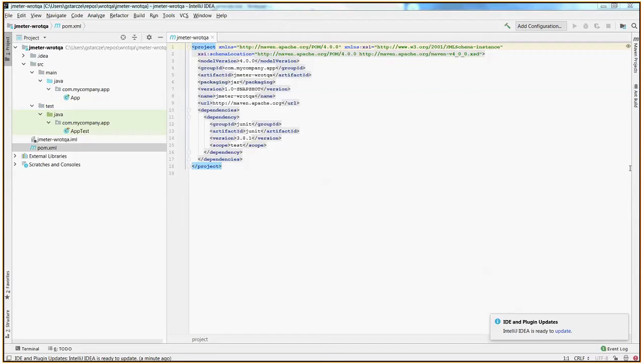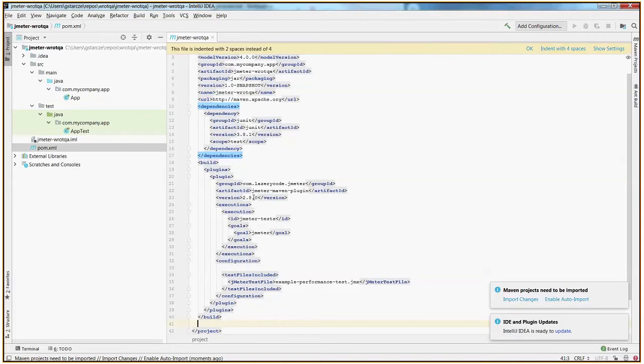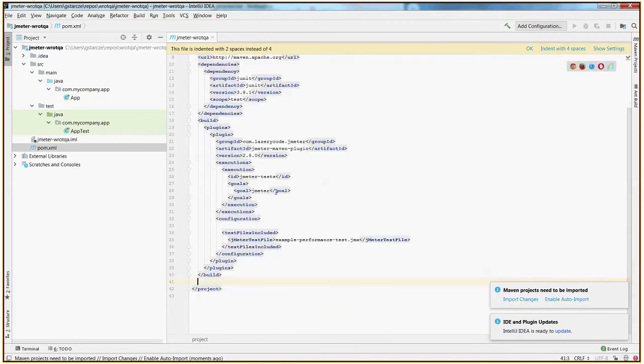First thing that we need to do is we need to specify that we are going to use the JMeter plugin. It relies on some defaults. The thing that we need to specify is the name of the file to execute. And now,